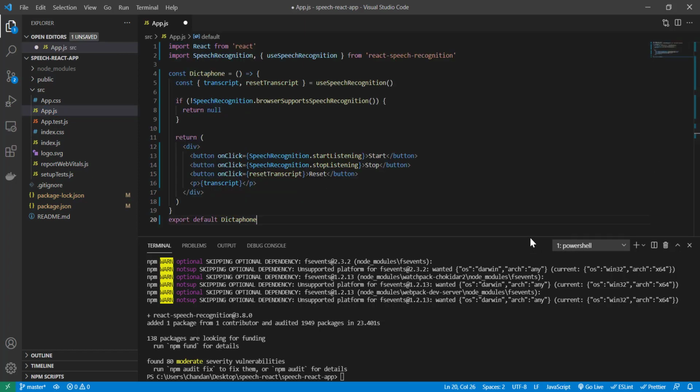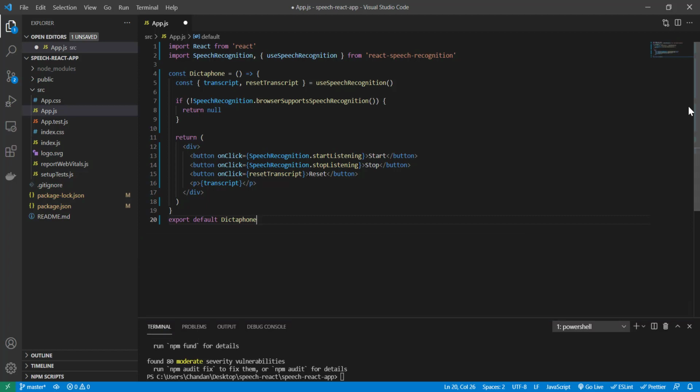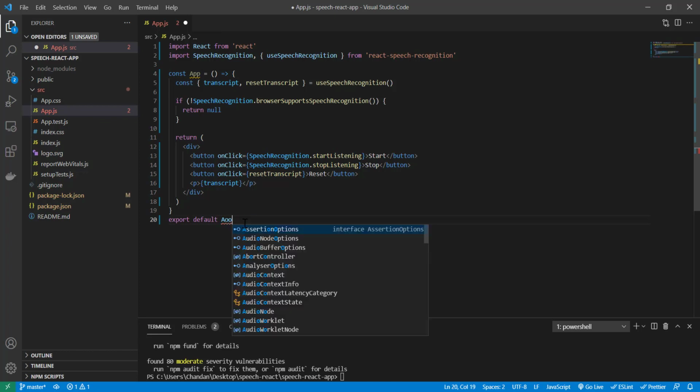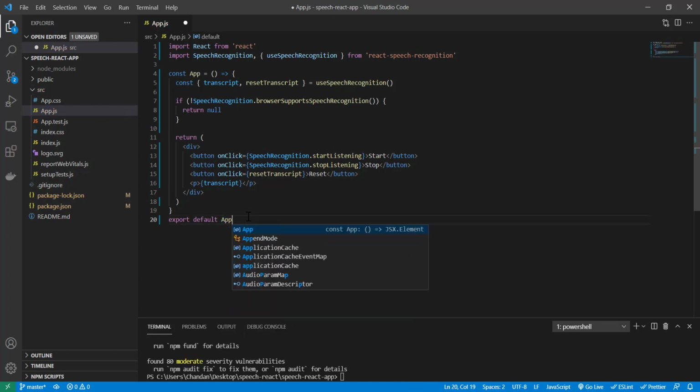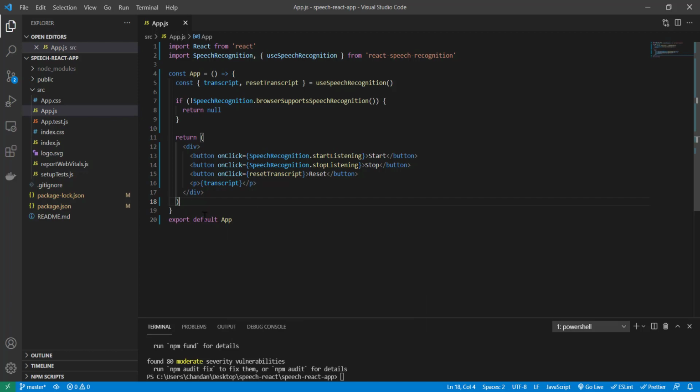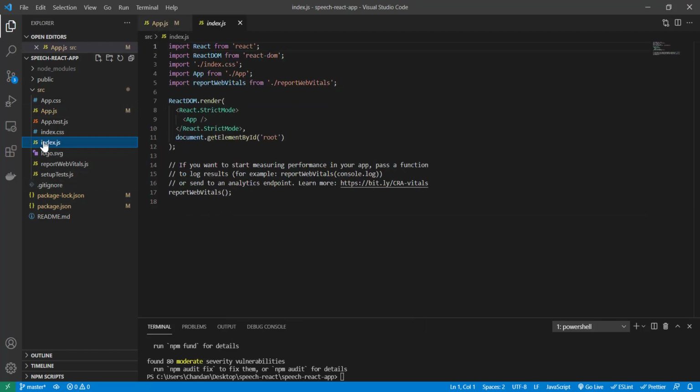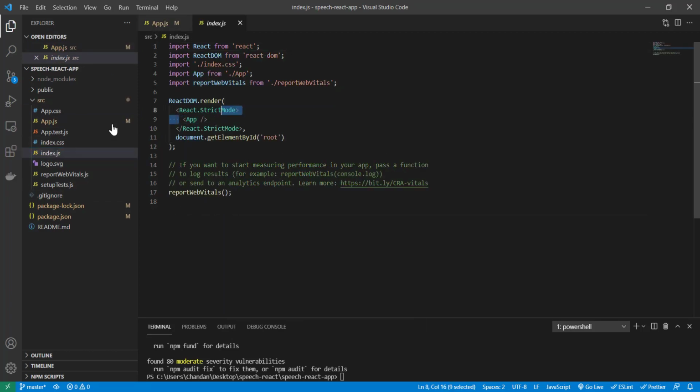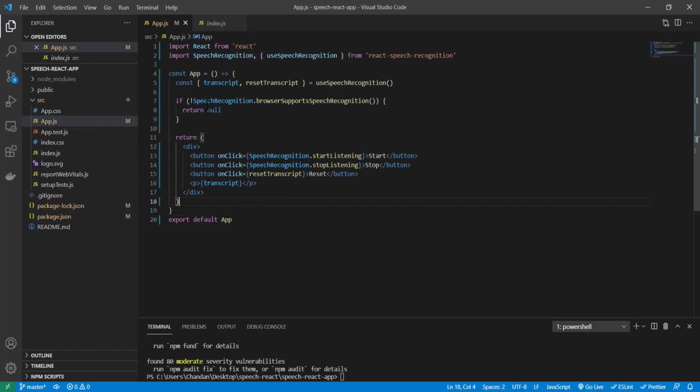Since here we can see this is export default Dictaphone, now I rename it with App, so that this App component will be used in index.js from here. So we don't need to change anything.